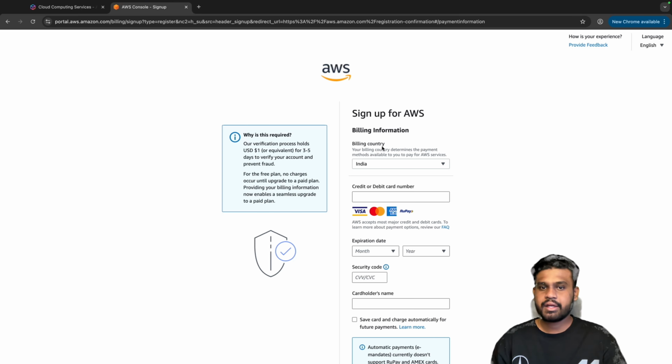Here it's crucial. For Indian users, AWS accepts all of the cards, but try to use a Visa card. Some of my Mastercard attempts and RuPay were failing, and I didn't try Amex. So just try to fill in the Visa card details. Debit or credit doesn't matter. Let me add the details. It takes you to the billing page, and it will not charge you a lot. It just asks you for 2 rupees. So just complete the payment.